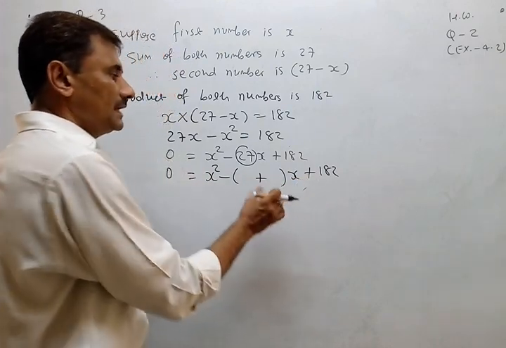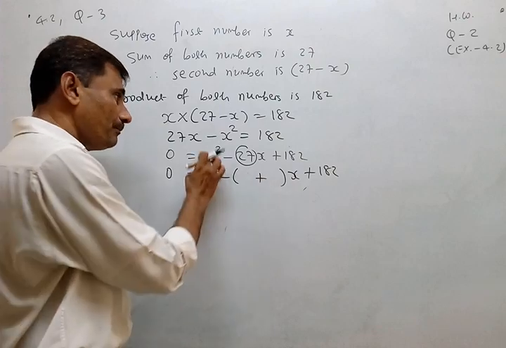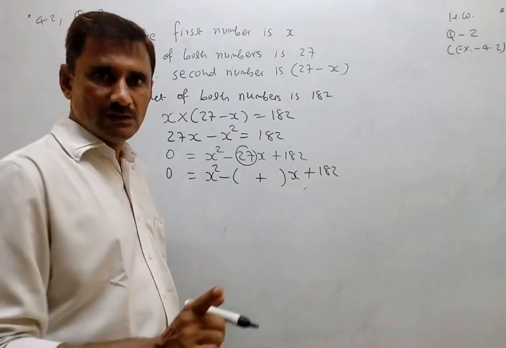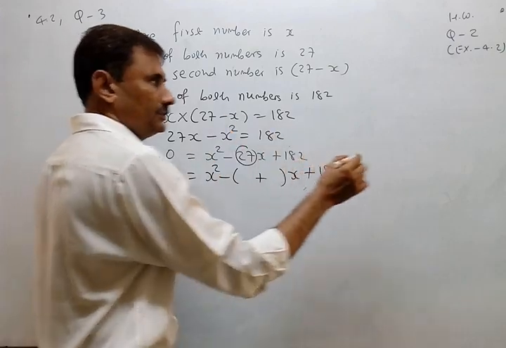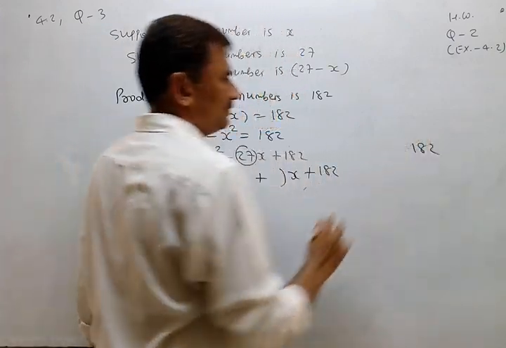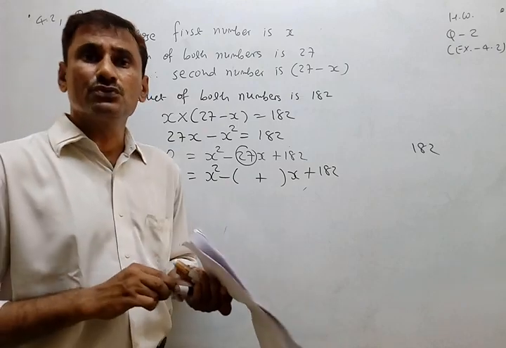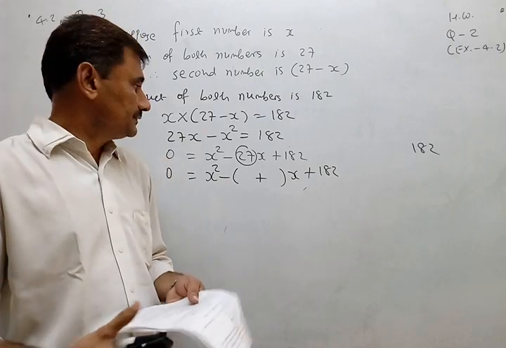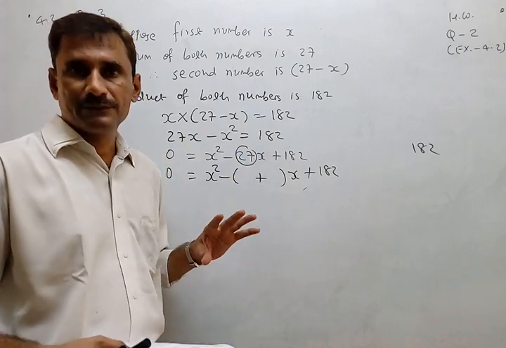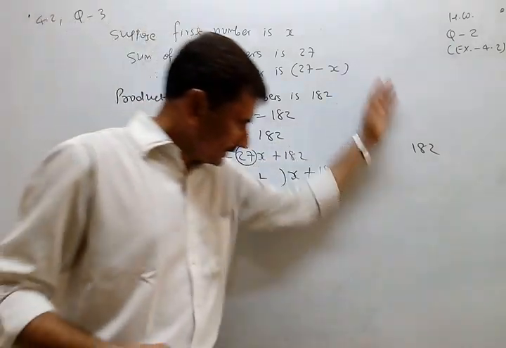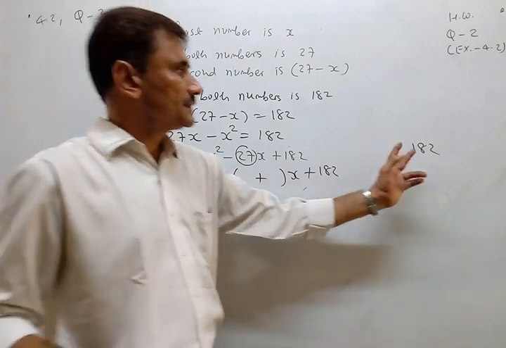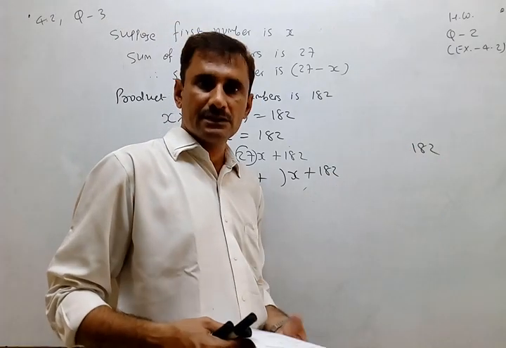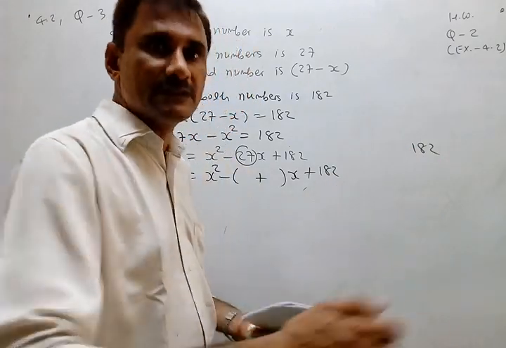Now you have to select any two factors of the product of first and last. Find out first of all the product of first and last. So 1 into 182, 182. But you cannot simply say which two factors of 182 give us sum 27, and you cannot list out all pairs either. So now what to do? Just try to factorize it step by step.